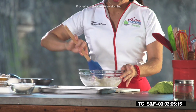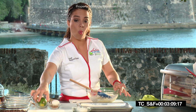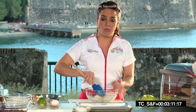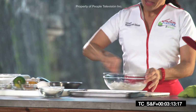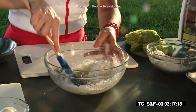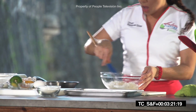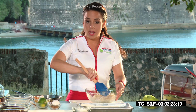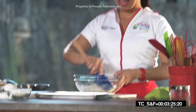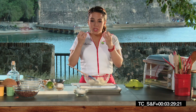I'm missing the lime zest. Why? I'm leaving it for the end because if we put it inside right now, the oils from the zest are gonna start seeping into our mix. And we don't wanna do that because it's not a lemon coconut or lime coconut, it's actually a Besitos de Coco with a hint of lime. The zest of the lime is gonna start protruding citrus oils